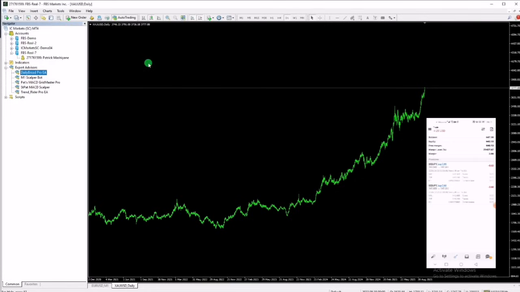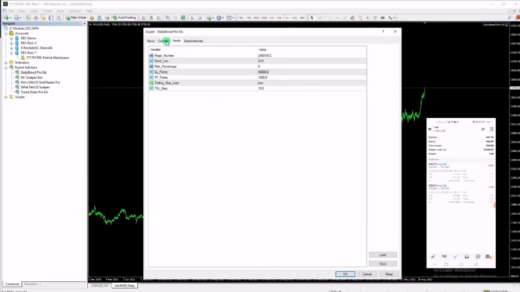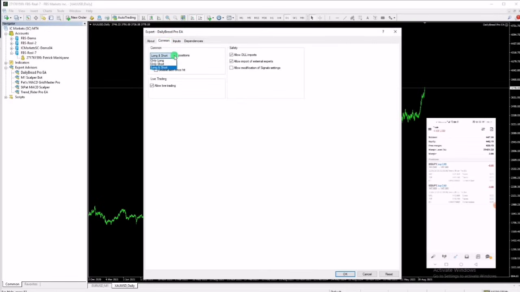Okay, this is gold. When you set the EA, you just drag it and drop it, and then you have these, you have the about, you have the common, you have the inputs. You come to the common and then you select here. If you say long only, if you set it to only long, it is going to only take buy trades, okay? And then if you set only short, which you are not supposed to set for gold, it will only